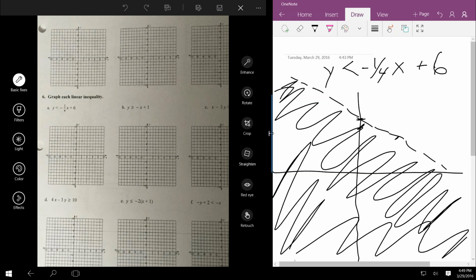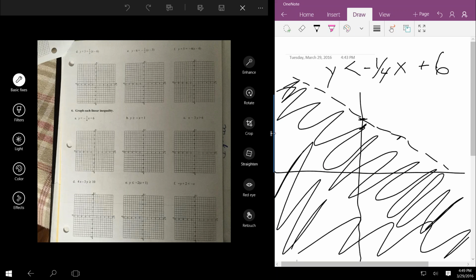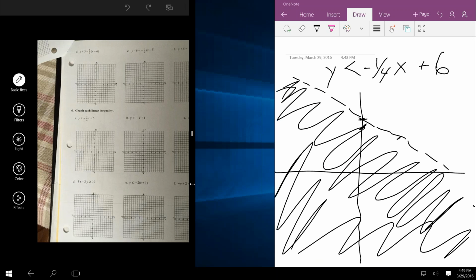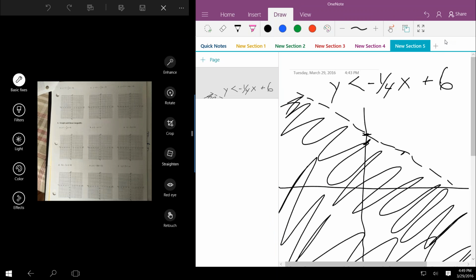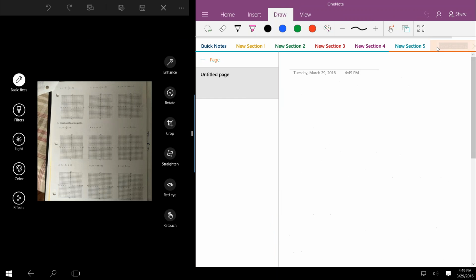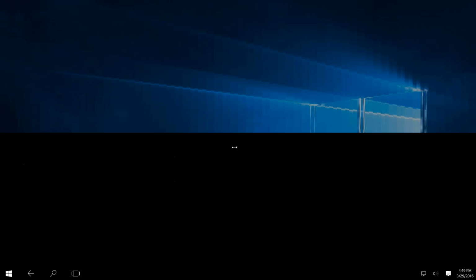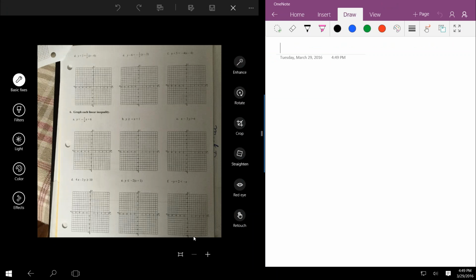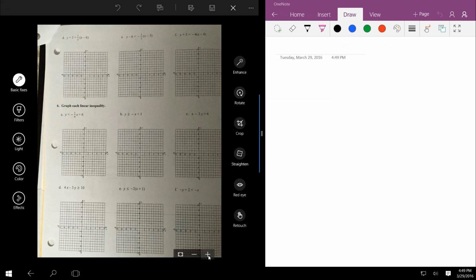Okay. Hold on. Must be another one. I got to work on this program here to understand it a little bit better. Why does this keep